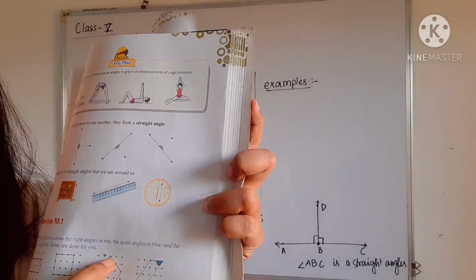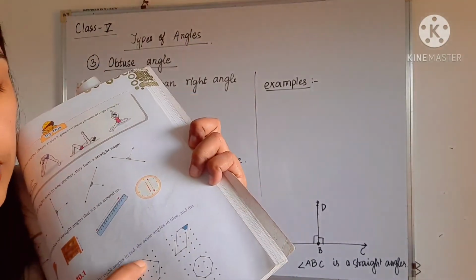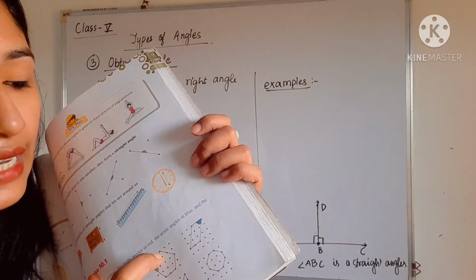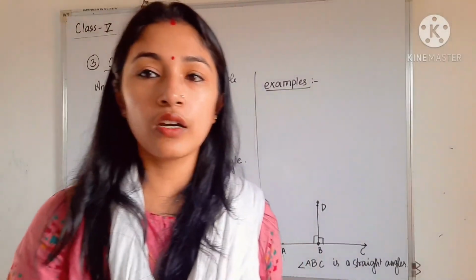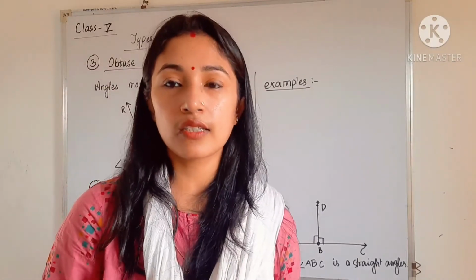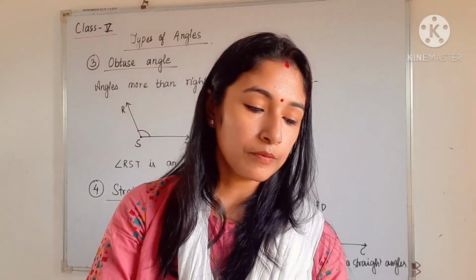Similarly, you have to see this one. Okay. This one is obtuse or this is a straight angle. So you will be able to see that this one is a right angle. So mark it with red. Okay. So similarly, the rest of the questions you have to do by yourself. Okay, this is very simple. Already I discussed what are right angle, acute angle, obtuse angle. So try to color in the book.